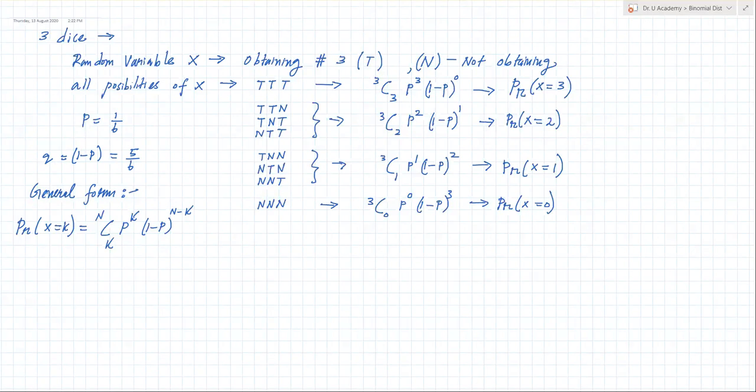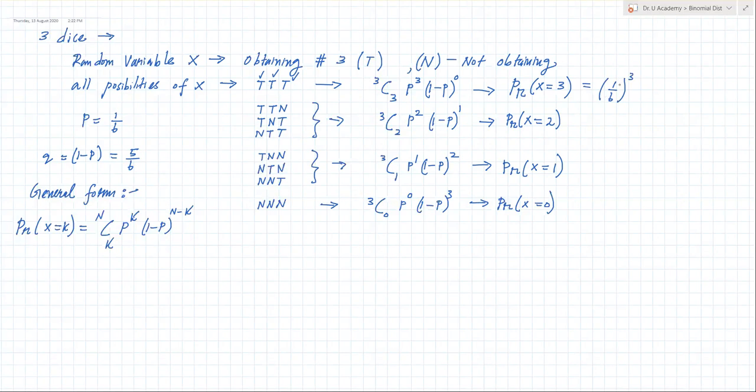So P is 1 divided by 6. So now you understand this one is 1 divided by 6, 1 divided by 6 and 1 divided by 6. Right. So how many 1 divided by 6s are there? Only one set, right? So your answer would be 1 divided by 6 to the power 3, probability wise.